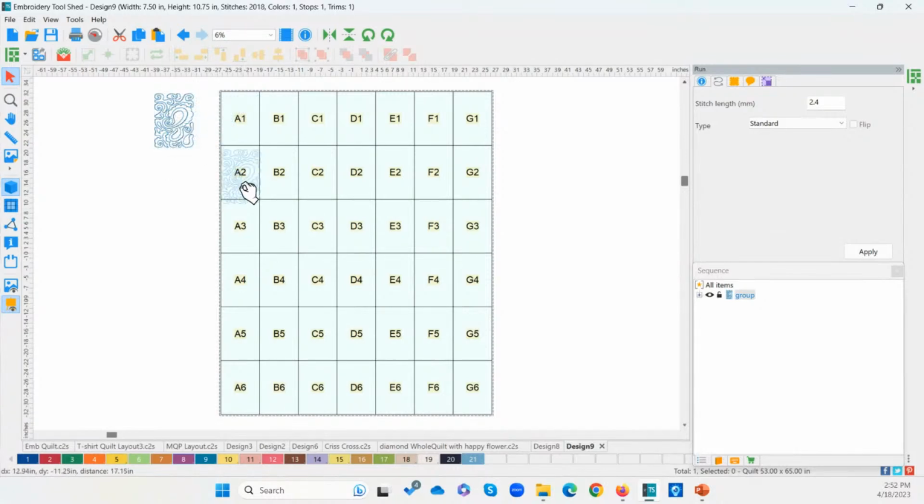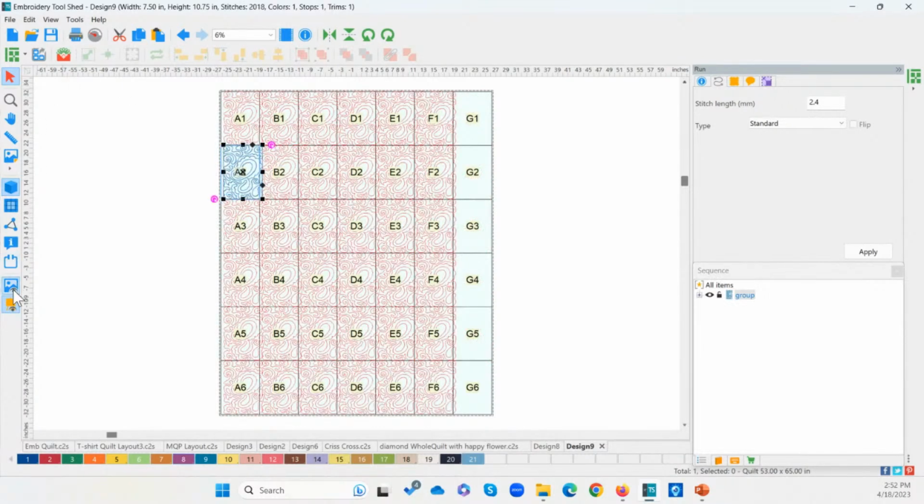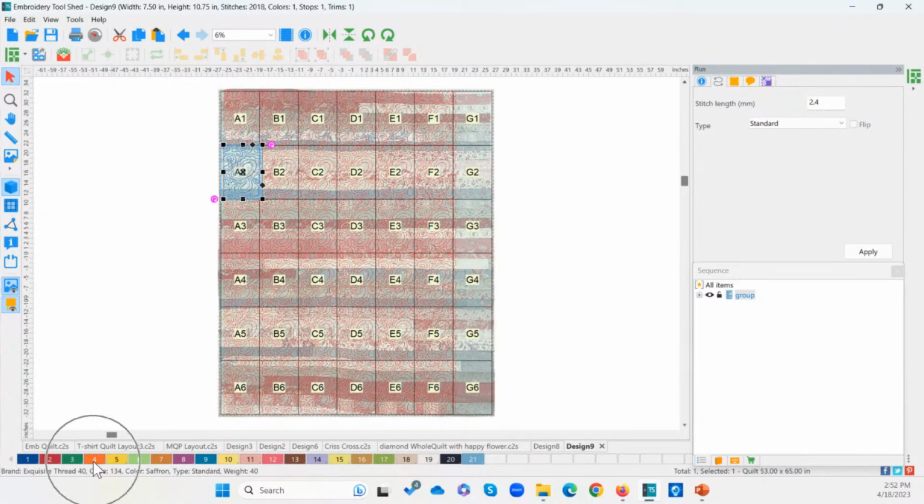And when I put it in any of these blocks and I center it or fit to cell there, so I'm going to do my fit to cell, and I'm not sure why that is not coming on here, but because it is in that cell there, the actual design is a thread color down below. So if I wanted to see what that color was going to look like in, say, orange, I could do a right mouse click and you could see it in orange. But notice that these others did not change.